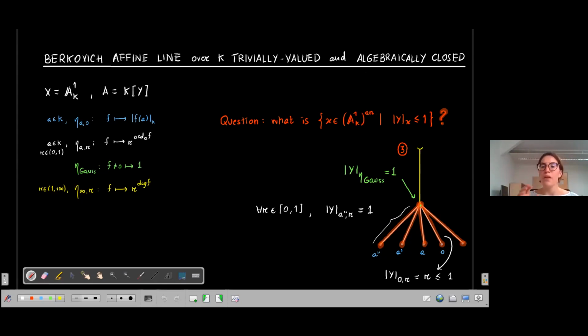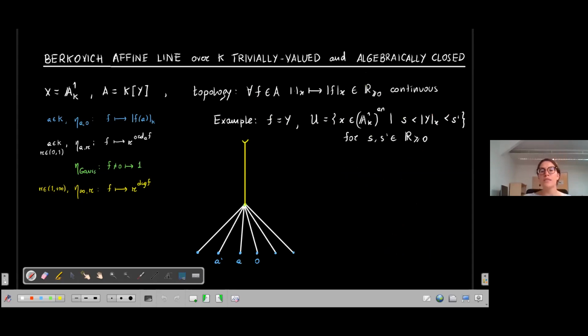Okay. So now that we have this picture in mind of how, for instance, this will be a closed subspace in our Berkovich space, we are ready to study the opens with respect to our Berkovich topology. So as we said, let me recall it for you. The topology that we are considering is such that if we fix any element f in our polynomial ring, okay, I can see there are questions. Are the norms in